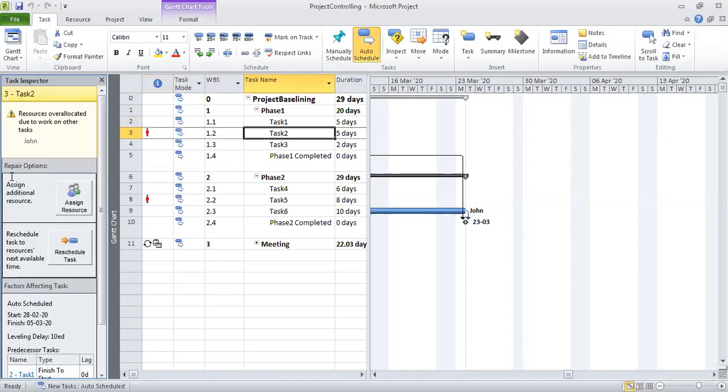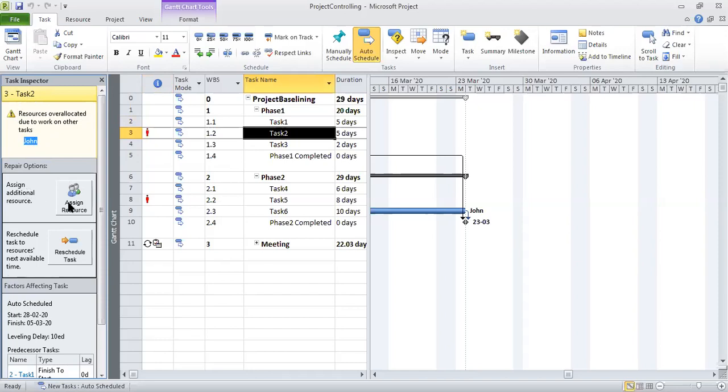When I go to task two, I get to see lots of interesting information, because task two has some issues. It's shown in yellow, a yellow flag. The resources on task two are over allocated due to work on other tasks. John is the resource who is over allocated in task two, because he is also allocated to some other task in parallel.